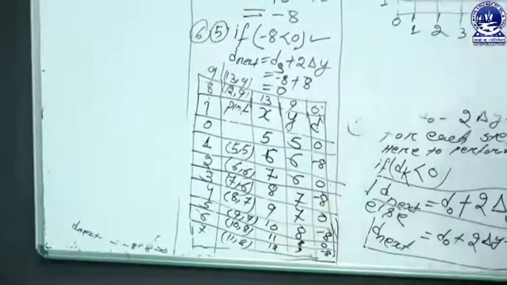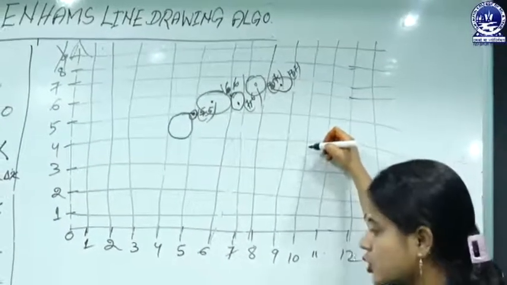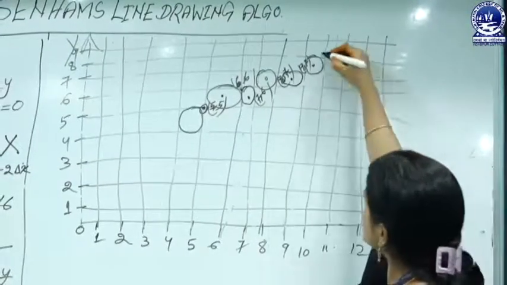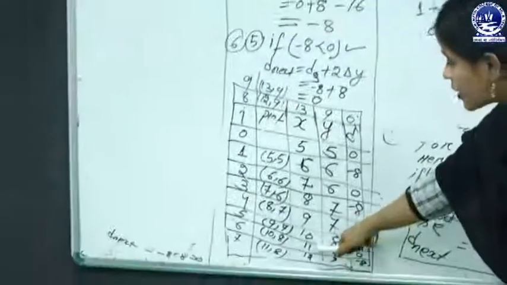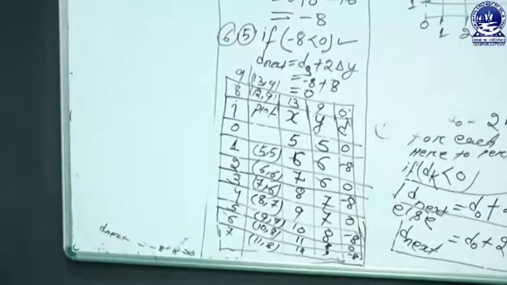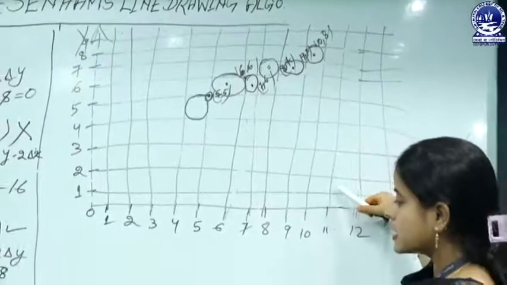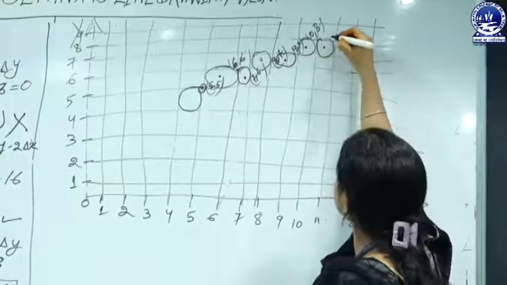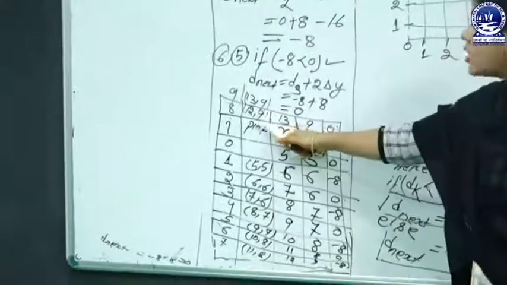Okay. After that, plot the next coordinate pixel point, that's (10, 8). That means the x value is 10 and the y value is 8. That means this cell represents the next pixel point, (10, 8). After that, plot the next coordinate point on the 2D plane, that's (11, 8). That means x is 11 and the y coordinate contains the value 8. That means the next pixel point is stored here, (11, 8).